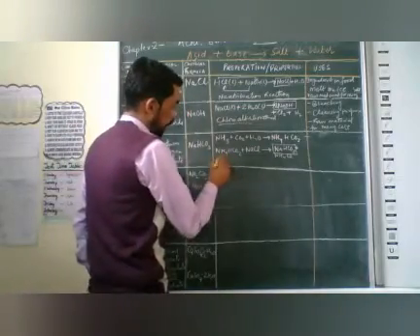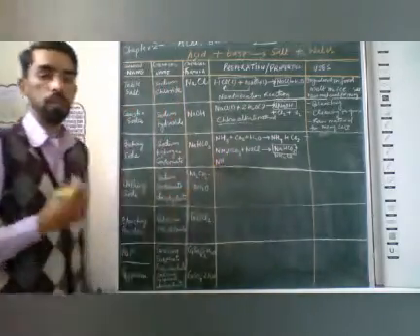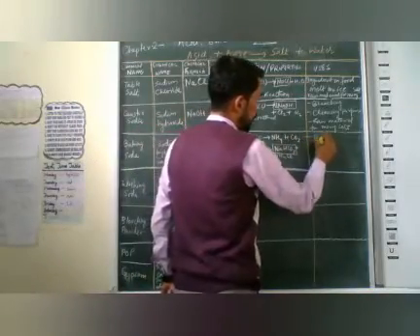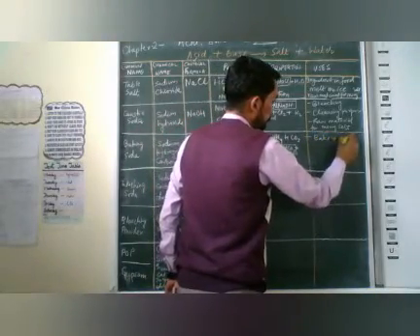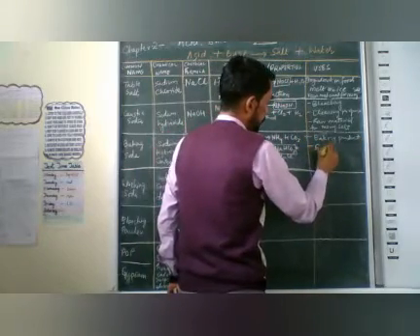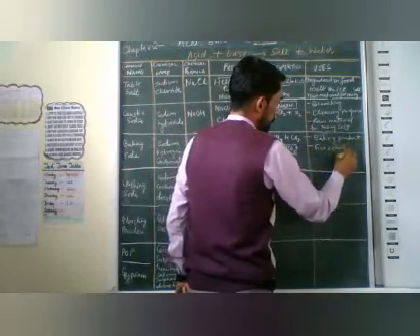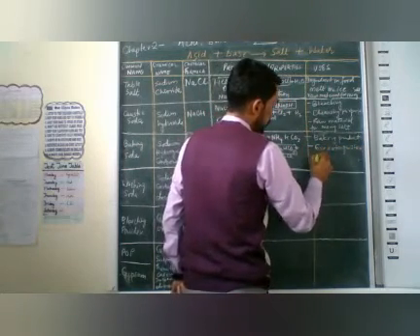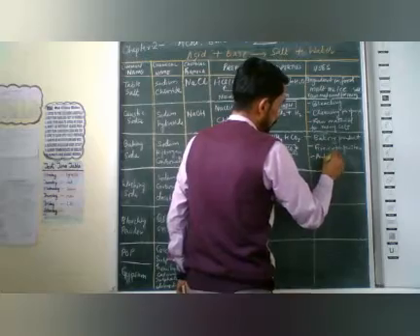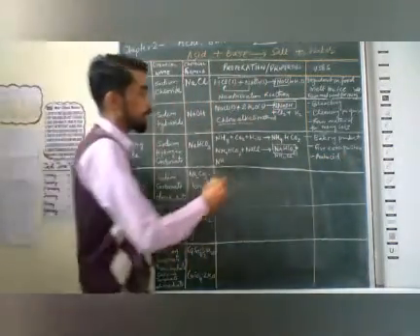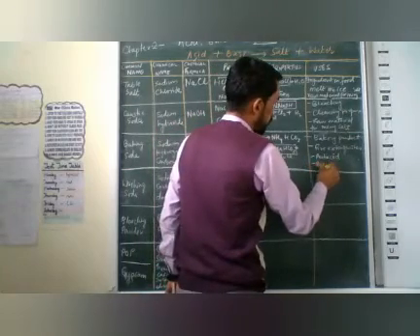so how is baking soda going to be used in our daily life? Number one, it is used in bakery products. Number two, it is used as a fire extinguisher. Number three, it is used as an antacid to cure our indigestion, and it is used to make baking powder also.